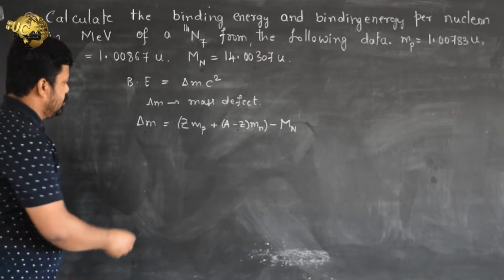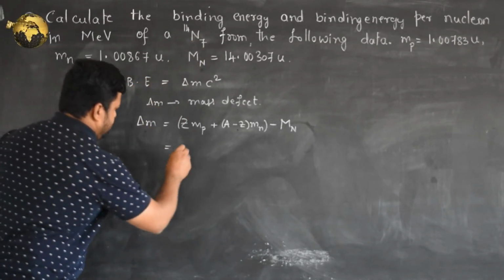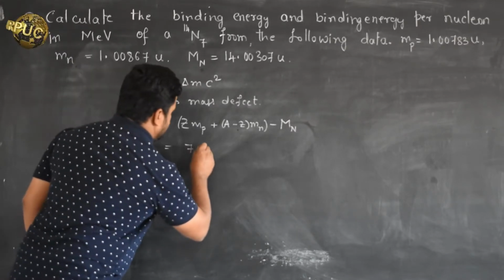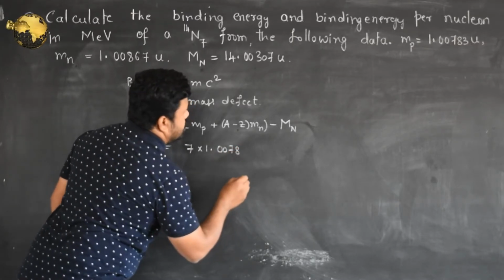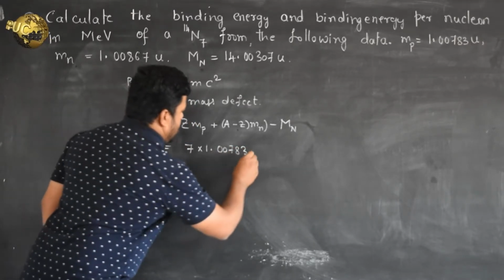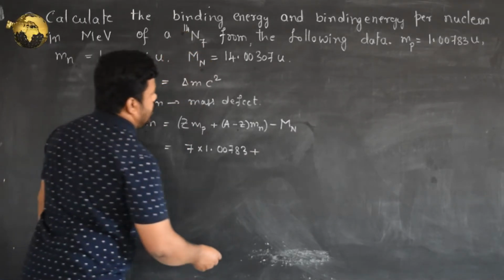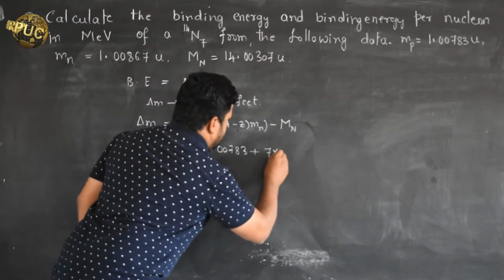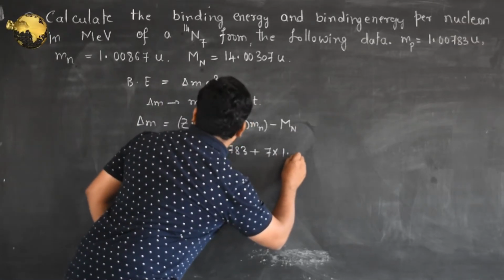Let's calculate this. The value of Z is 7. 7 multiplied by the mass of proton, 1.00783, plus A minus Z, which is 14 minus 7, again 7 multiplied by mn, the mass of neutron in atomic mass unit,